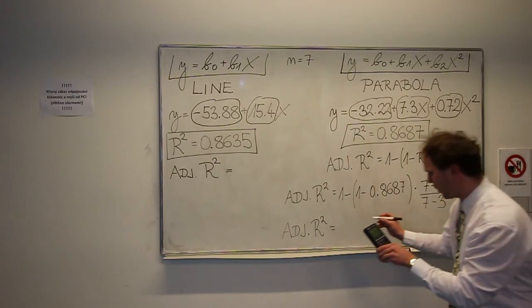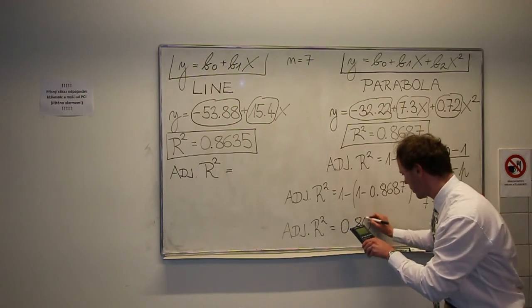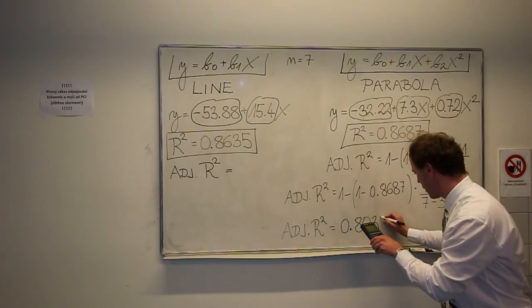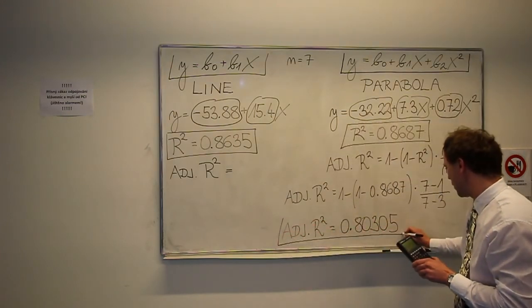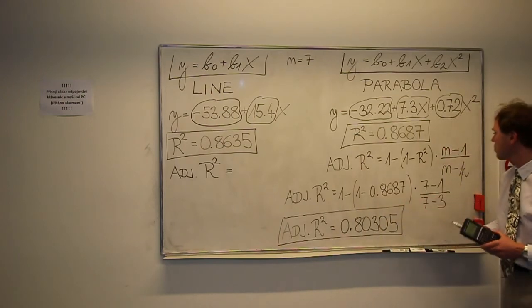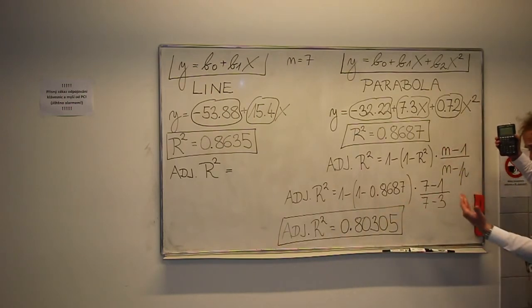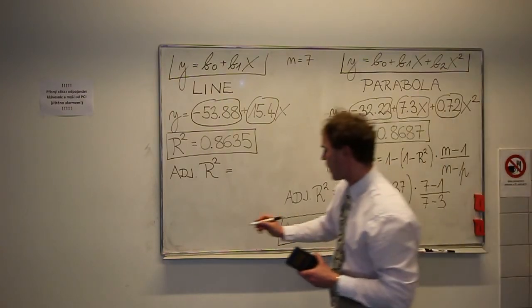So the result should be 0.80305. This should be the adjusted R squared for the case of the parabola,